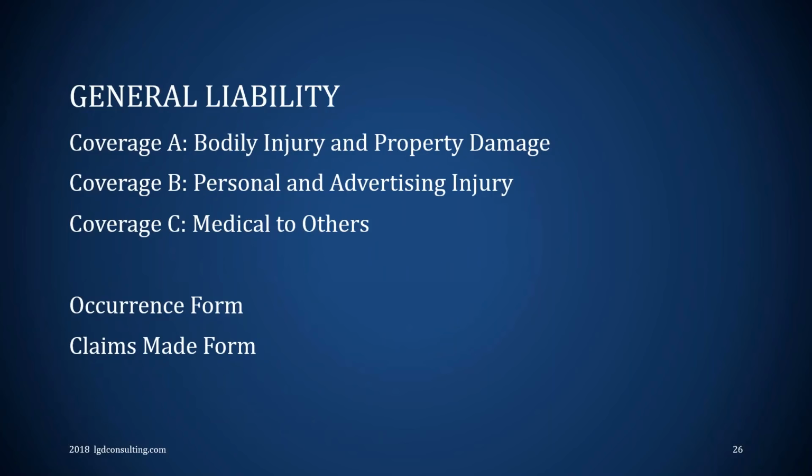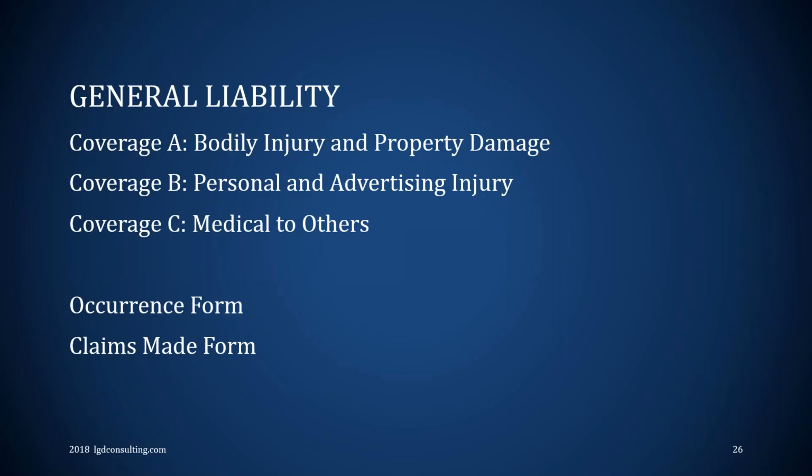So if you own a building, it's great. You want to protect it in case it burns down, but you also have to protect your business in case something happens to your customers. And so we have general liability, sometimes called commercial general liability, CGL, or just general liability. All right, we have 3 coverage parts. We have coverage A, which is bodily injury and property damage to others. So this is you injured a customer or you damage a customer's property. That's because, remember, liability is covering them.